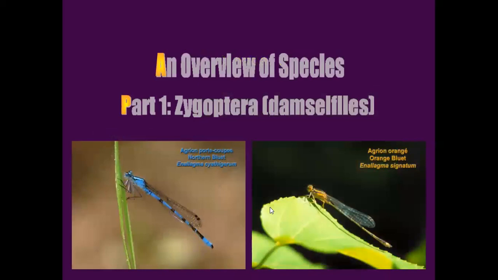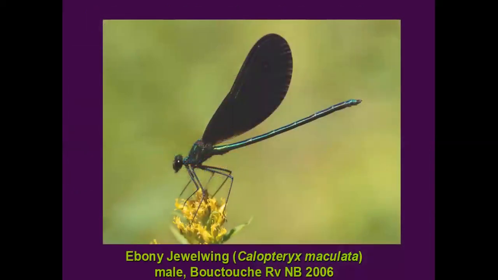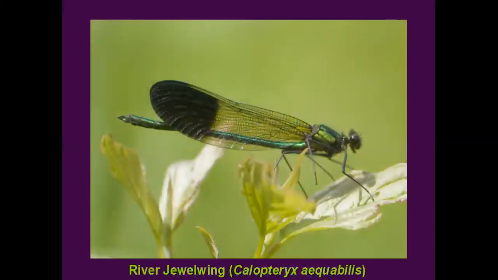So to give you a quick rundown of species, I won't stay too long on each species, but we have about 40 different species of damselflies, and they come in every color of the rainbow. So let's have a closer look at those. The first group of damselflies are our biggest damselflies. They are the jewel wings. We have 4 species in New Brunswick, including the ebony, the river. Here's the ebony jewel wing, our only species with all black wings. The river jewel wing with a third of the wing